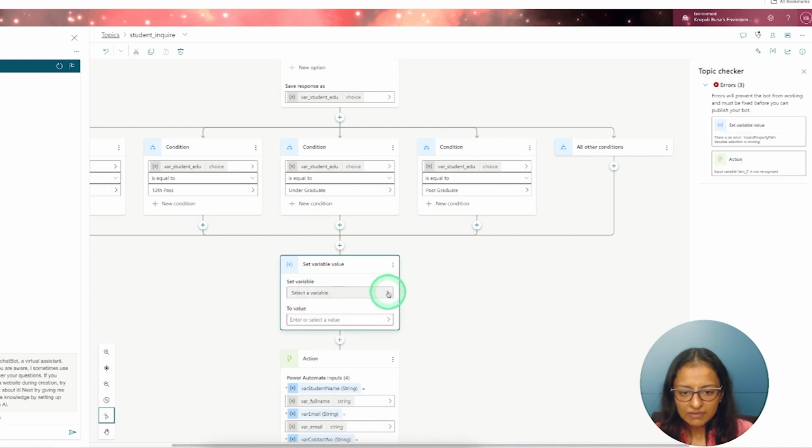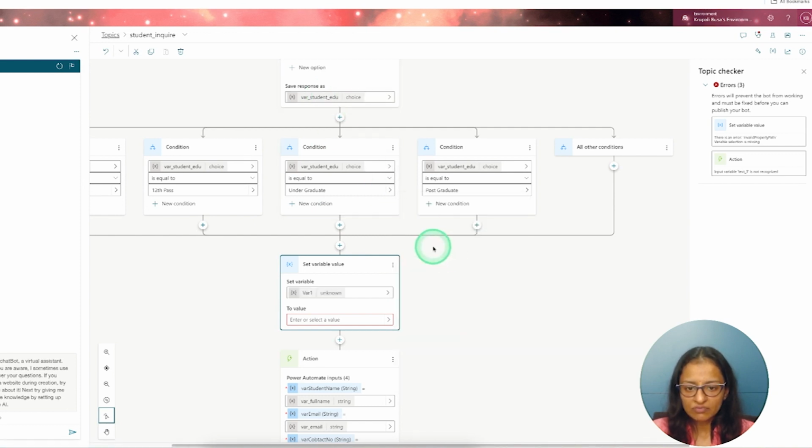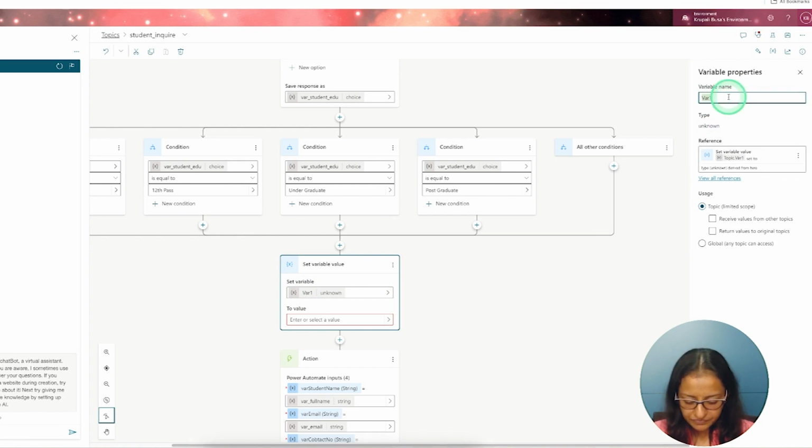Now in that variable value, I am creating a new variable which will contain the data from the other variable, that is variable educational. So I'm creating a new variable and the name of the variable is, let's say, edu detail.